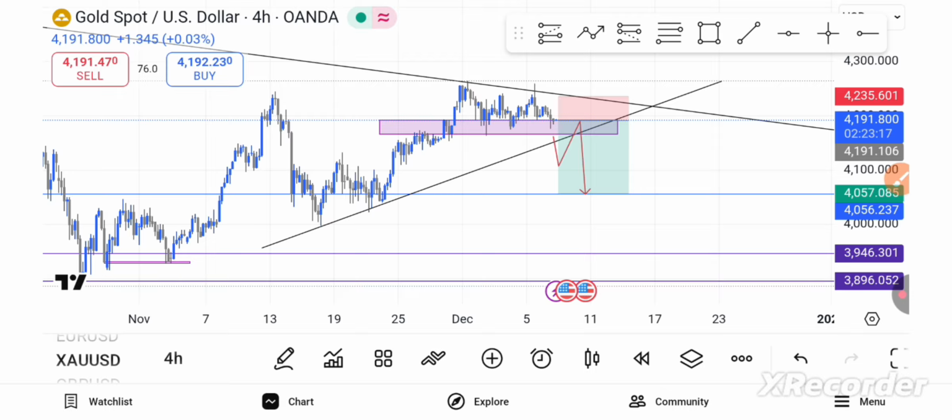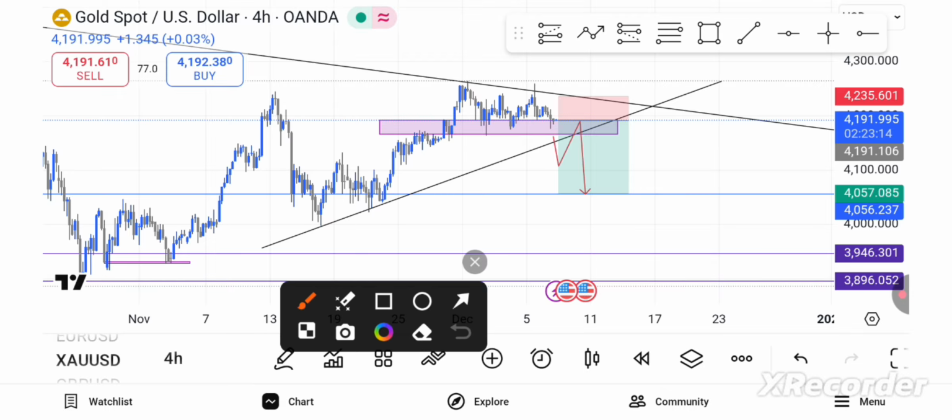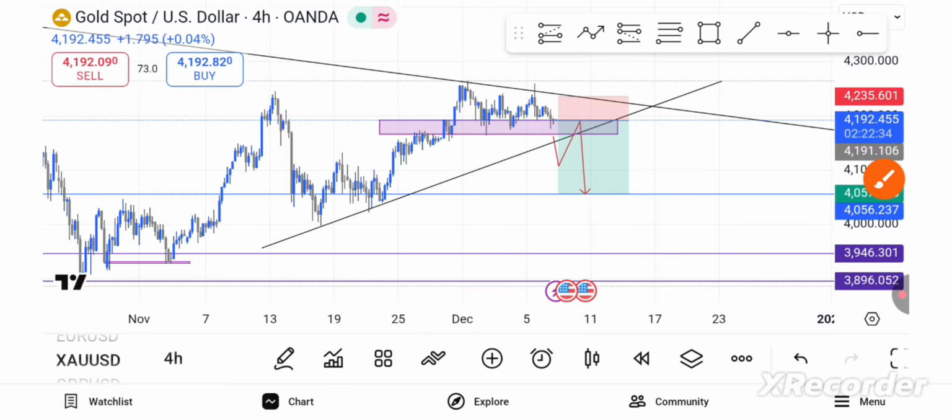Yes, that is. Don't forget, we are not doing anything until we have a break or a shift of structure from that point to the downside, and wait for the market. Patience, my guy. Patience. Waiting for the market to come back to our point of interest. And that is where we are ready, right? We are done cooking to take a sell trade through this very downside. Does that make sense? Yes.